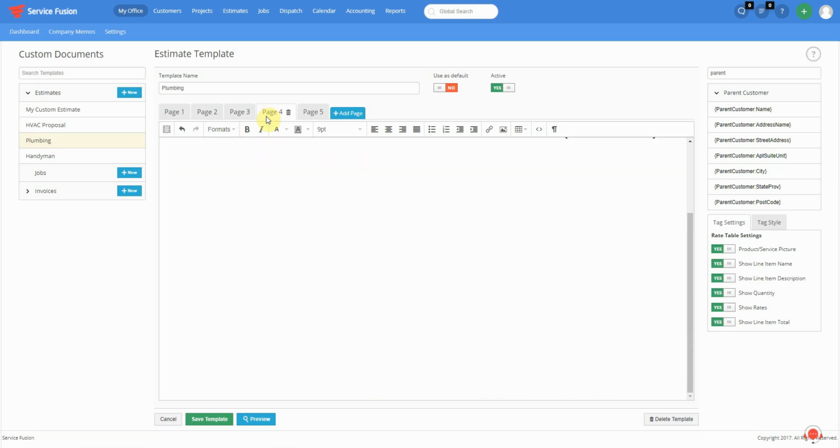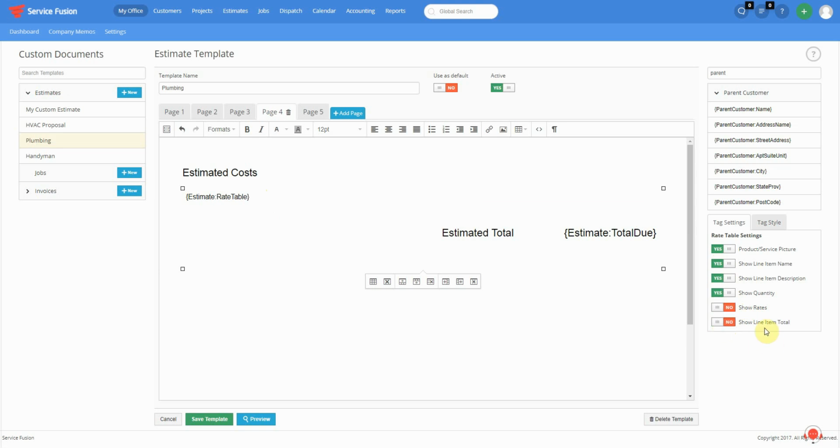And then on the next page, we'd have our actual estimated costs. So if you notice here, all I have is just a rate table and the estimate total down here at the bottom. And so what the rate table is going to look like is controlled by this widget here on the right. So if I wanted to turn off the rate line items and the rate line item total, and all I wanted to show them was the photos of products and services, line item name, description, and the quantity, that's all it's going to show us. In fact, I'm going to turn off the pictures as well, and I'll show it to you in a different